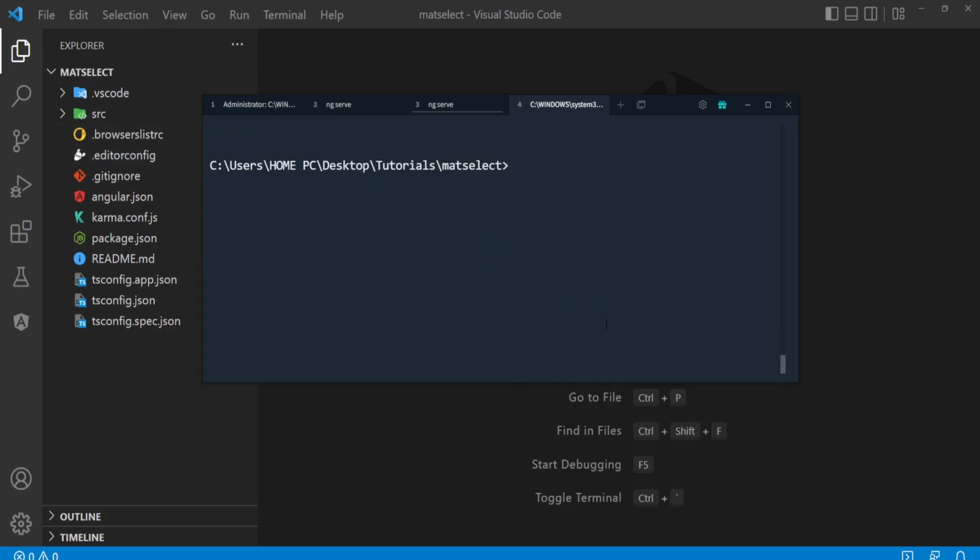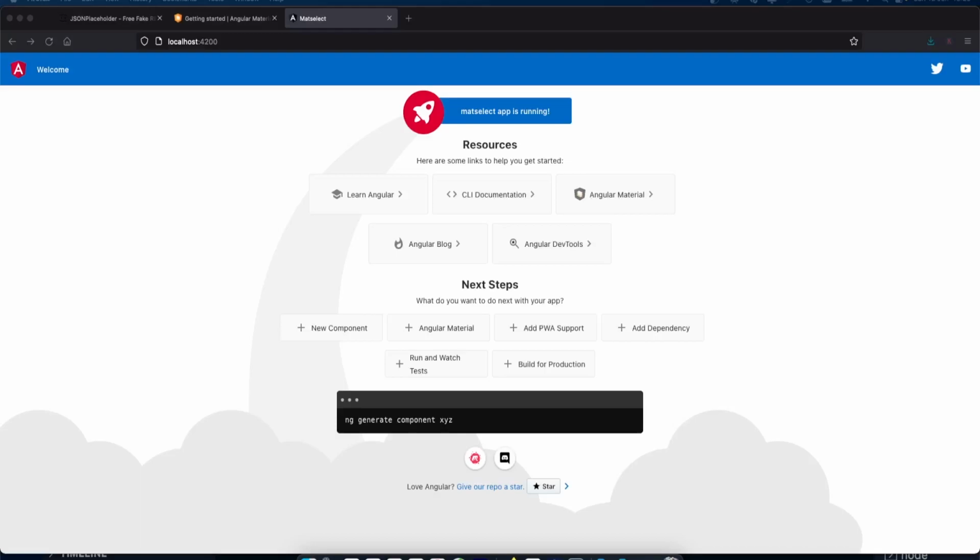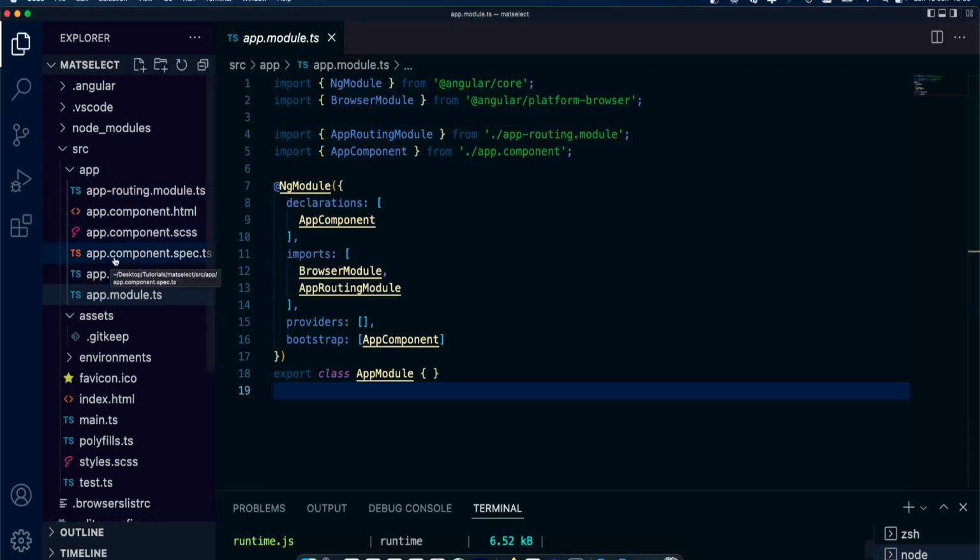So now that we're in our project, there are a few things we need to set up. One of those things is you can see I don't have node modules here, so I'm just going to run npm install. This is going to install the modules for me. So I'm going to let this install. So now that I have my node modules installed, what I'm going to do next is create two folders.